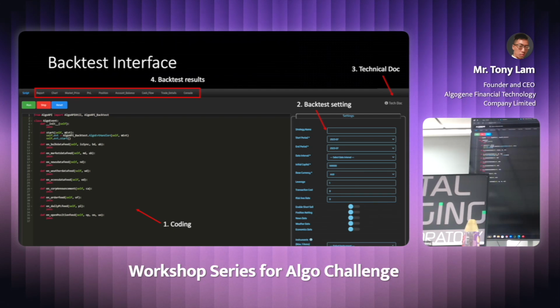From here, I'm trying to apply this script on XAUUSD, which is gold. And here we just try to print out all the market data from the system.